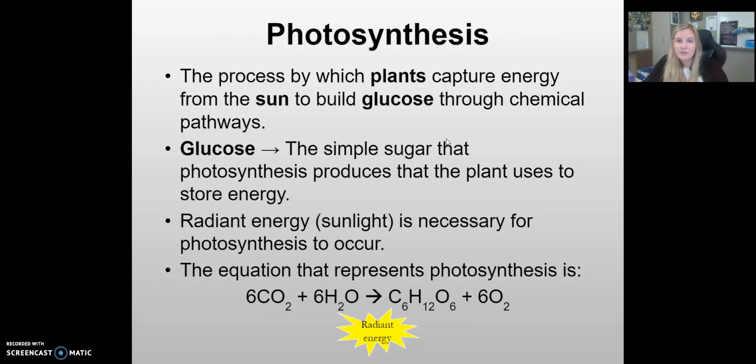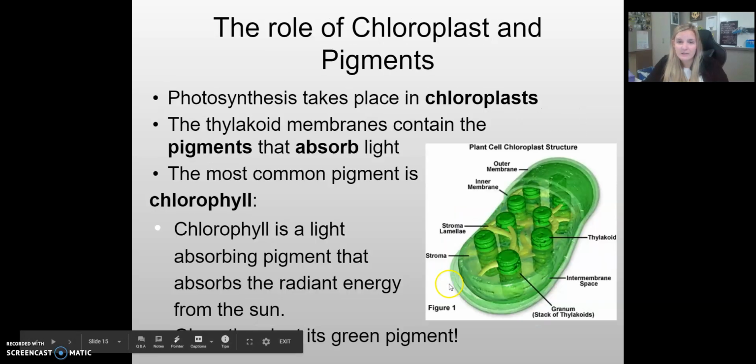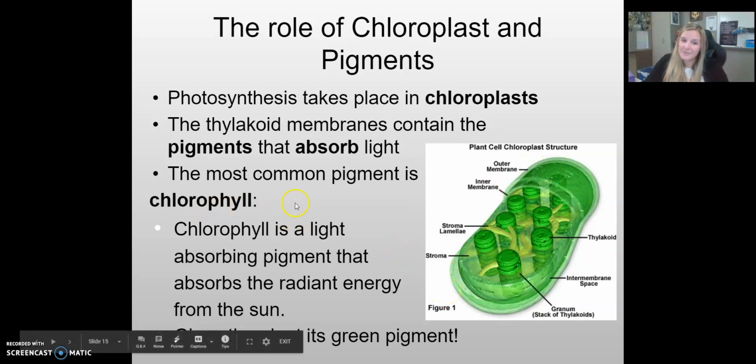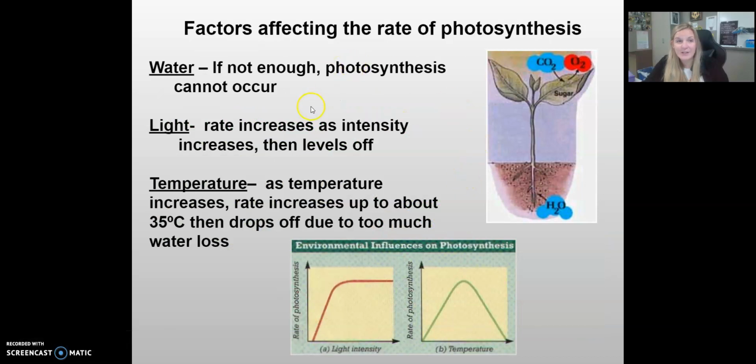For this, you need to know what goes through photosynthesis. What is photosynthesis? You need to know the equation for photosynthesis. What are the parts? What's required? What does it create? Okay? You need to know where it occurs. You need to know what is allowing it to occur. What organelle is it occurring in? What color pigment is allowing it to occur? Okay? Who does it? And you need to know what affects